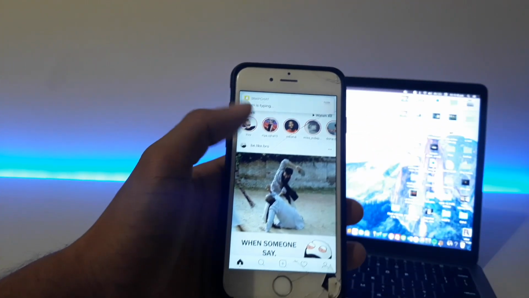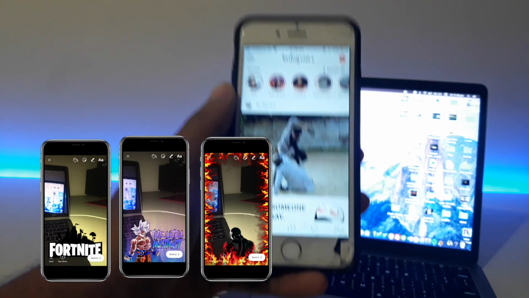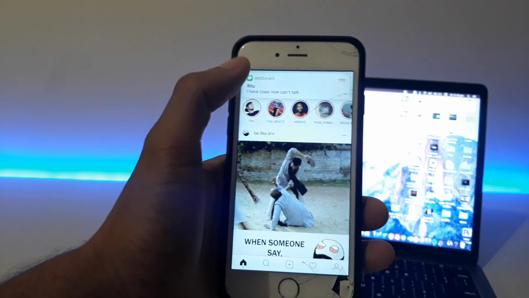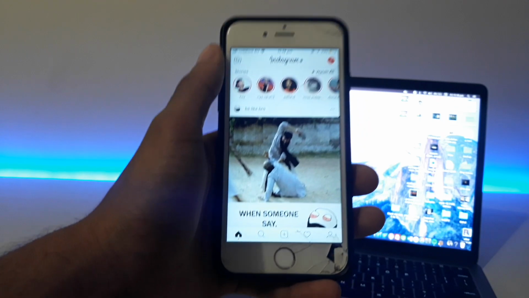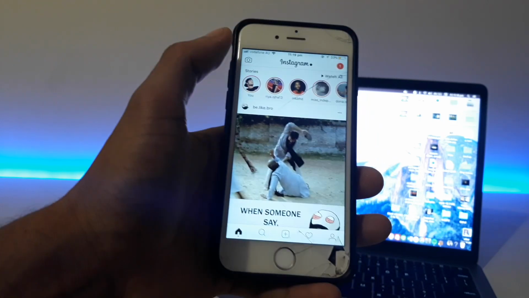So in this video I'll teach you how you guys can go ahead and get custom Instagram stories filters on your iOS device. So it's gonna be pretty cool, guys. When I'm saying custom filters, it doesn't mean the ones that can recognize the face. I mean this